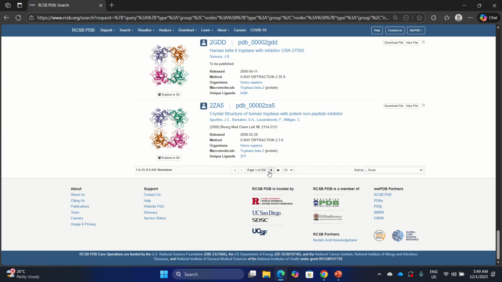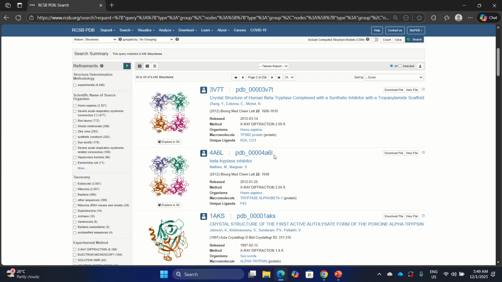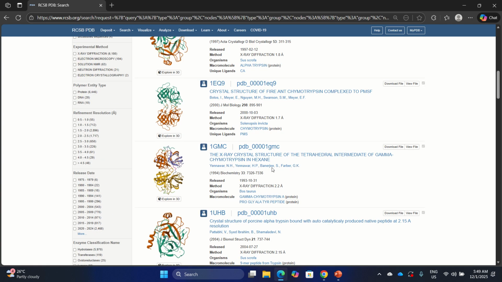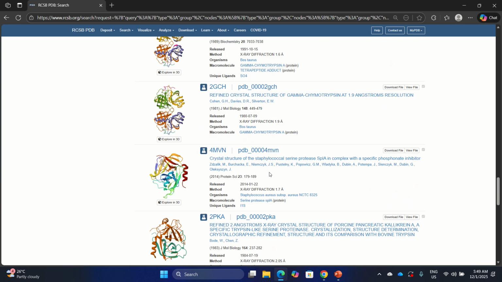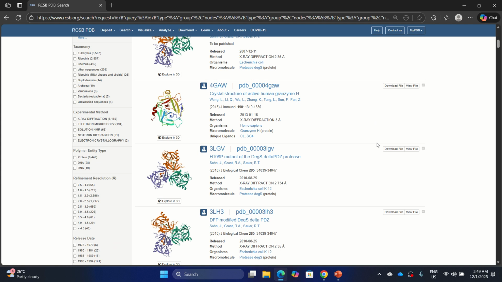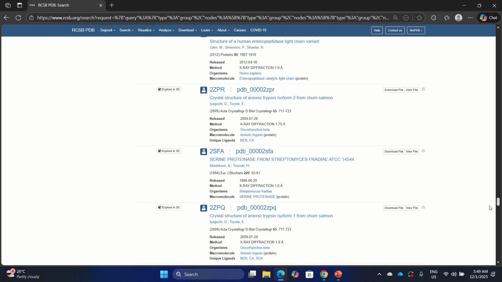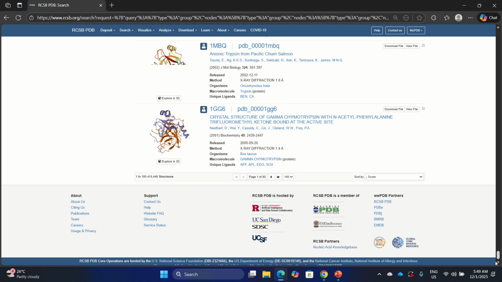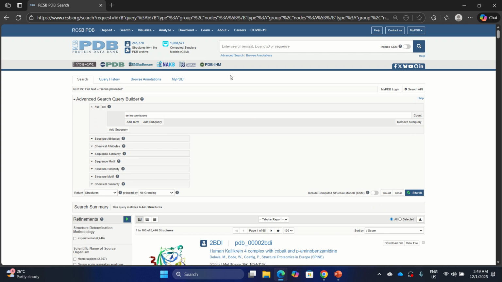However, it's very tedious, and as you can see here, there are many possible links. So the best way is to know the PDB ID, the protein PDB ID, of the protein that you want to investigate. You can just Google that.